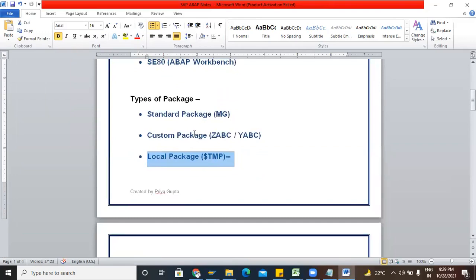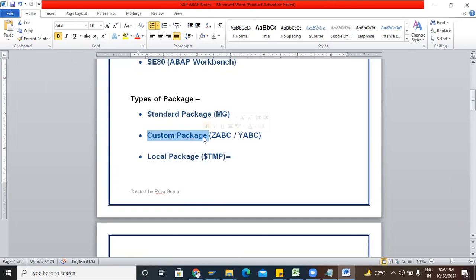If you are creating any custom table or any custom object, then you have to store that object in the package. It will work like a folder. So custom objects will be stored in the custom package so that you can move your objects from development server to quality and quality to production.